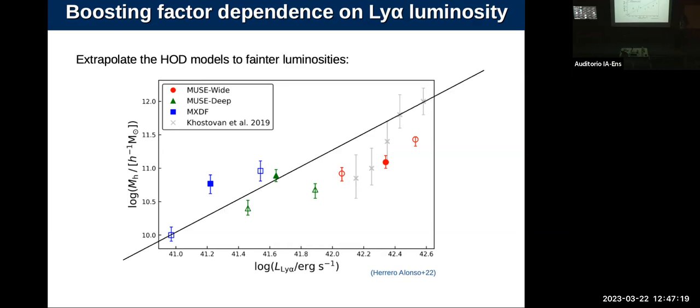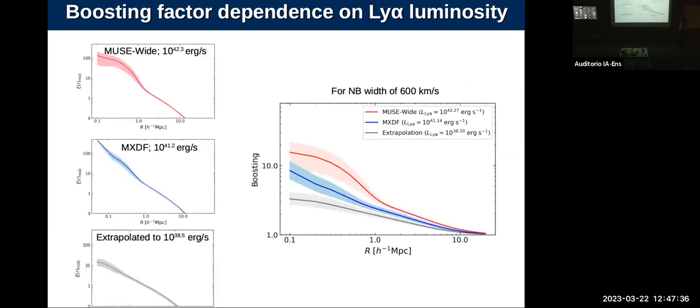Right. So then I extrapolate the HOD models down to very faint luminosities, and then I obtain an extrapolated HOD. It's not super straight, but still, I will extrapolate the HOD models from the faint and the bright surveys. And I will obtain some kind of extrapolated, this is of course an estimation based on an extrapolation, but I will obtain the clustering of those unresolved sources. Again, extrapolation with many assumptions, but we believe this would be closer to the reality than assuming that those unresolved sources cluster like the ones that we detect.